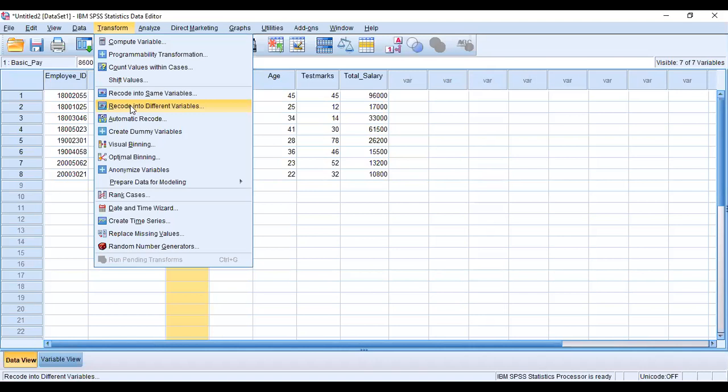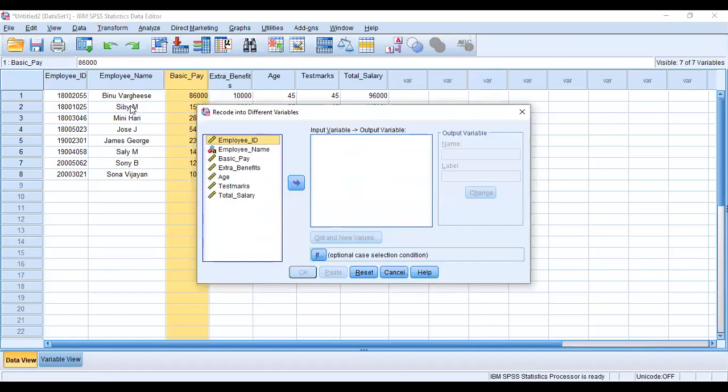Now we are recoding that variable into a salary class variable. We are recoding the existing basic pay variable into another class of variable. So we are deriving a new variable from an existing variable, so we take the option Recode into Different Variables.